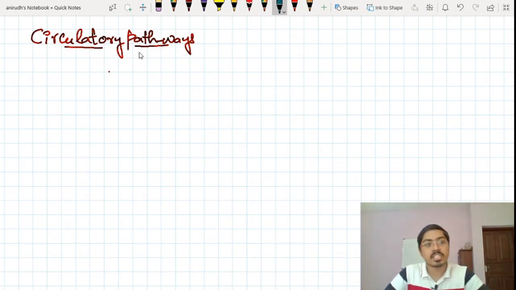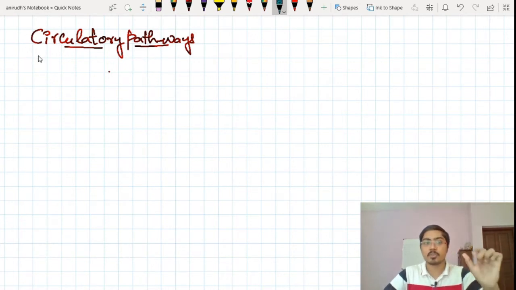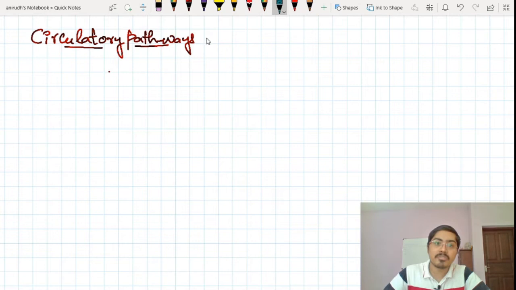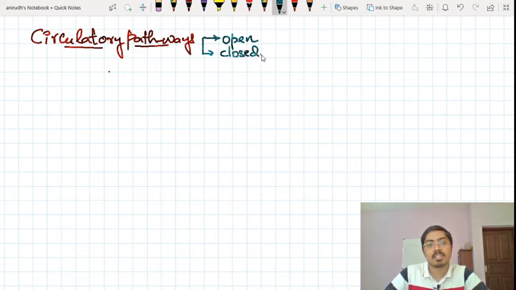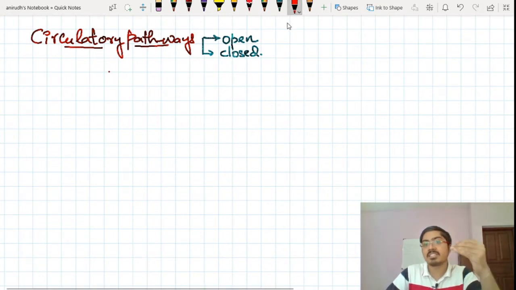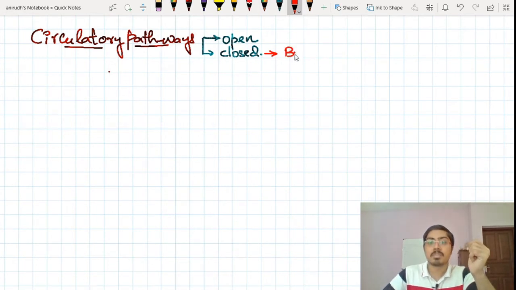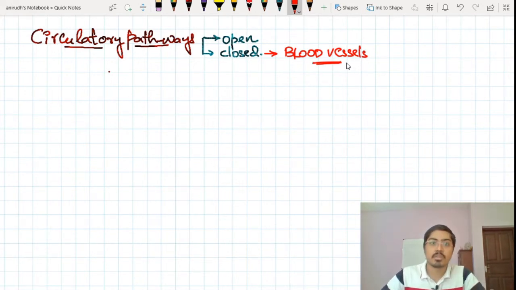So if I just start talking about the circulatory pathways which are there inside the human, or the organisms on earth, it can be of two types. It can be either an open circulation or it can be a closed circulation, right? So the very basic idea of calling a particular circulation type as closed circulation is that the blood is flowing inside the blood vessels. So in closed circulation, the blood is closed inside the blood vessels. Okay, so this is what is making a type of circulation a closed circulation,